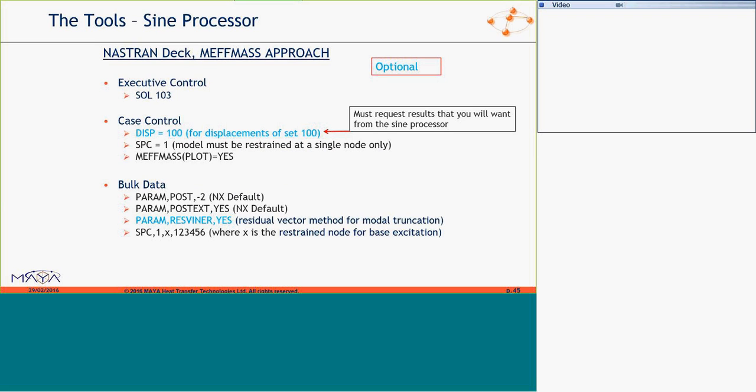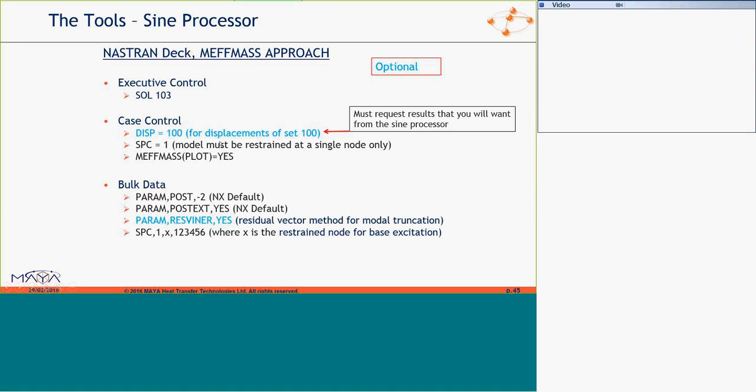For the vector approach for modal truncation, we call it the MF-MAS approach. All you need to enable this is to have this effective mass request in your case control. I've shown it for the modal summary. Same deal here for the sine and the random processors. You need, of course, a constraint at a single node, which we've talked about.